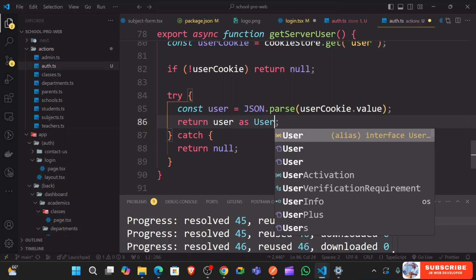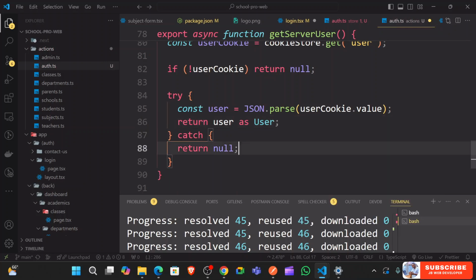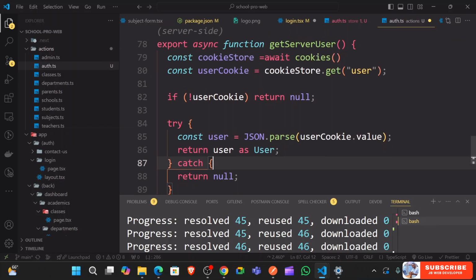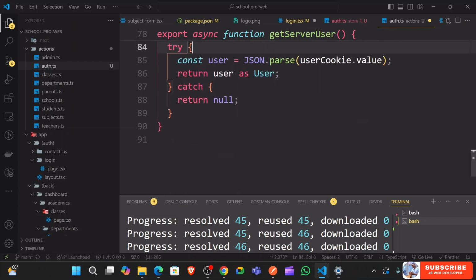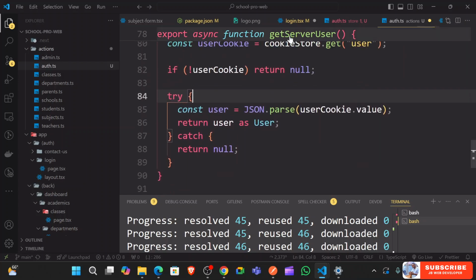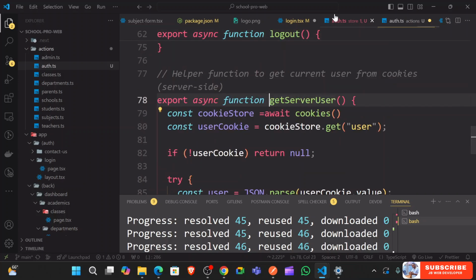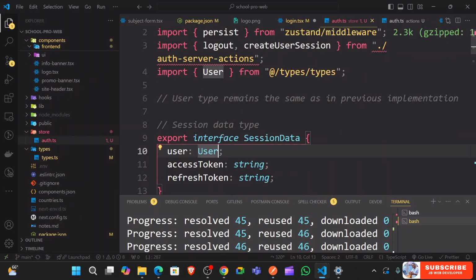And then I think here we get back the user, you can see. So whatever, we're just going to call the server user. So if you want a server user, we can use this. So going back to this side,